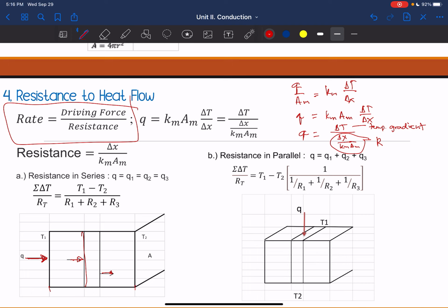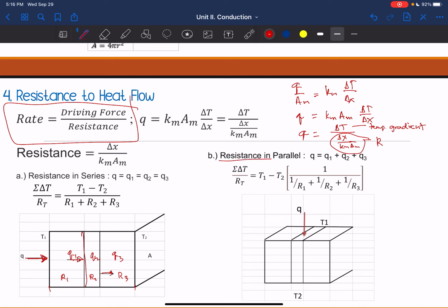Kaya nga, sabi natin, your Q would just be equivalent to Q1, Q2, or Q sub 3. And that, the summation of this, your delta T over total resistances, since it is equivalent, would just be the overall T1 minus T2 all over your resistance 1 plus resistance 2 plus resistance 3,